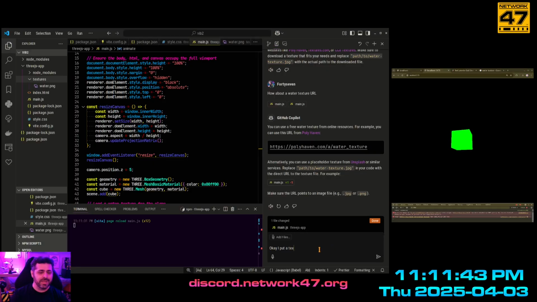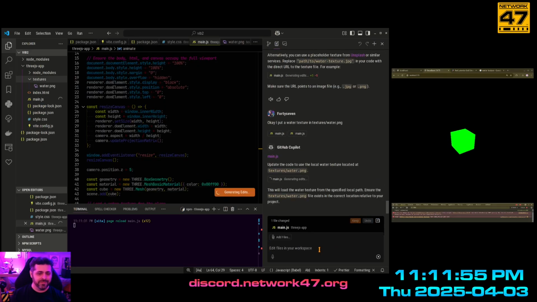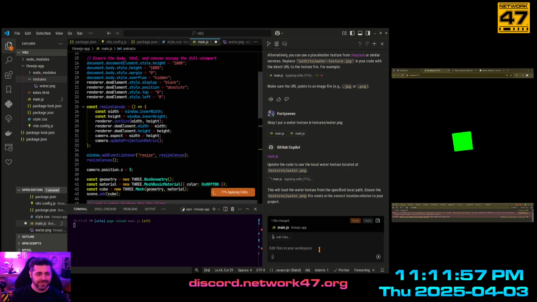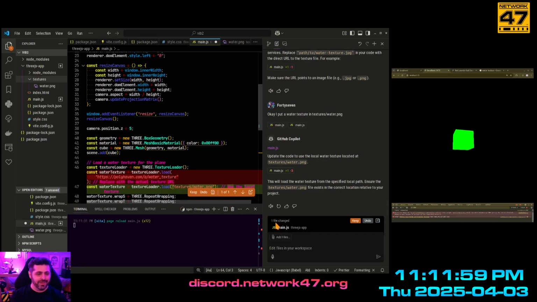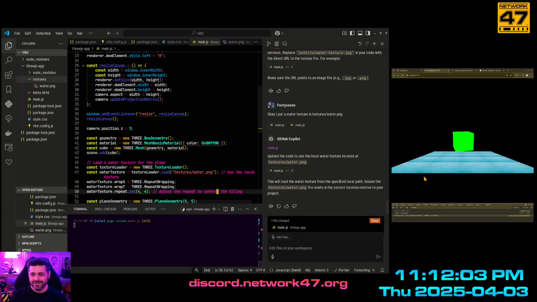Okay, I put a texture in textures water.jpg. A PNG. Oh, it's gonna update it for me. Even though I typed more than I would have if I had... We got water textures!